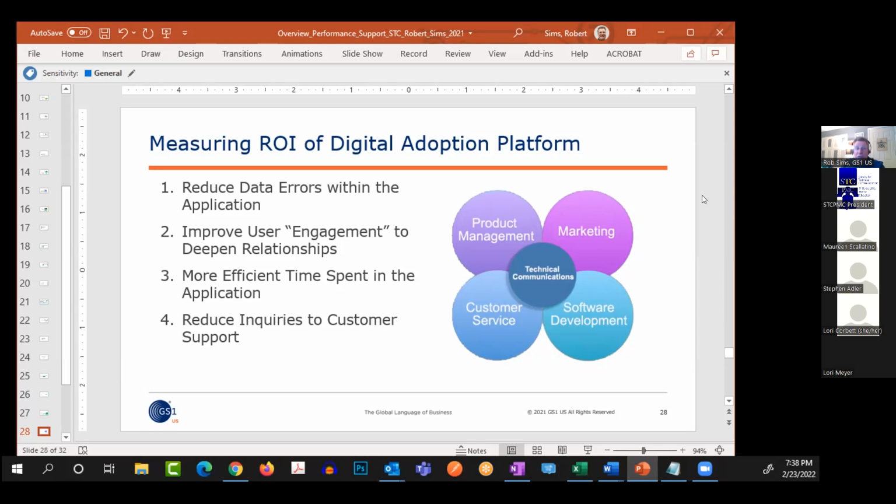We need to improve user engagement or loyalty. We need users to be happy so they come back and that they want to talk about us and they continue to grow their business with us. And then really more efficient time spent in the application as well, not looking around for a Help Center article or trying to figure something out.